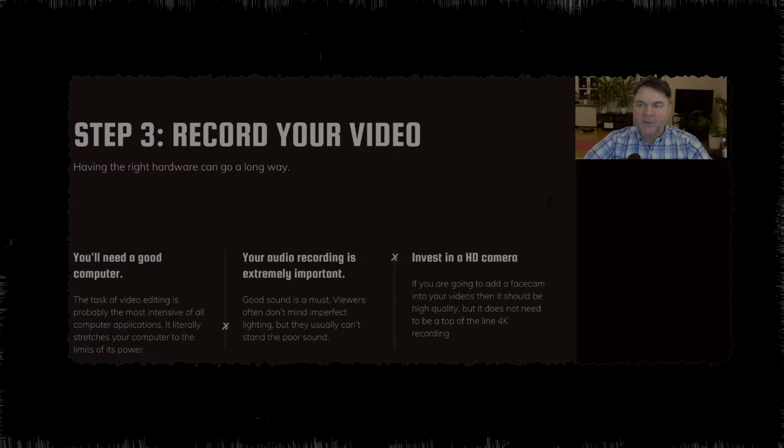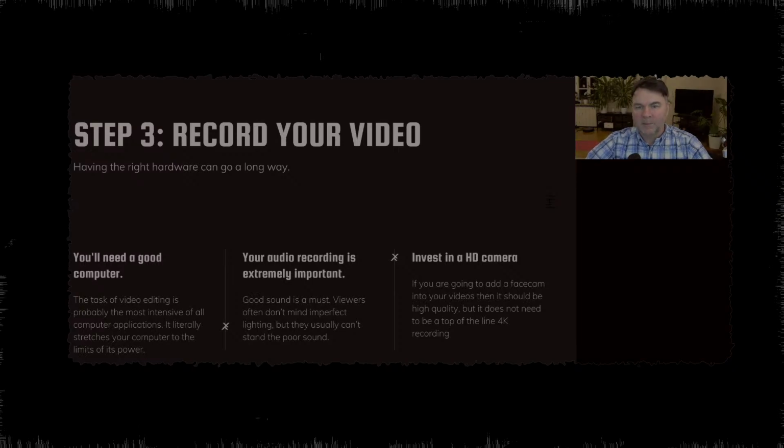So you're ready to record your video. What you'll need is you'll need a good computer. A laptop will do at the simple level, but if you want to become something of a YouTuber, for lack of a better word, you'll need a better computer. You need to invest in a microphone, a separate microphone, not the video cam microphone or the integrated microphone of your laptop.